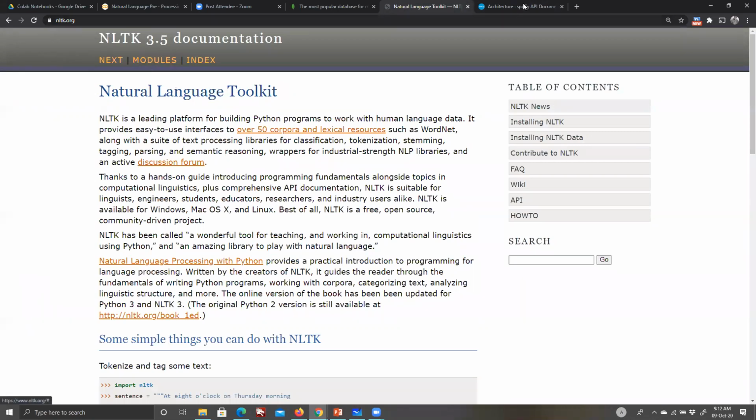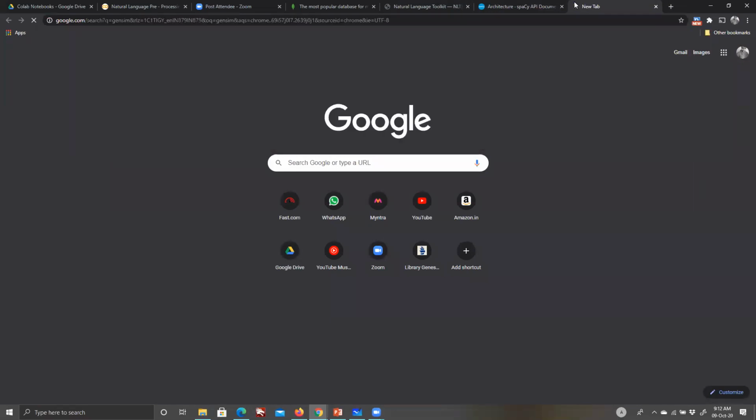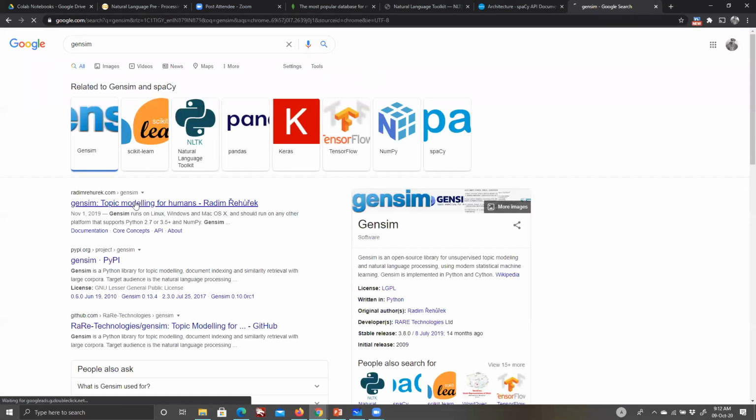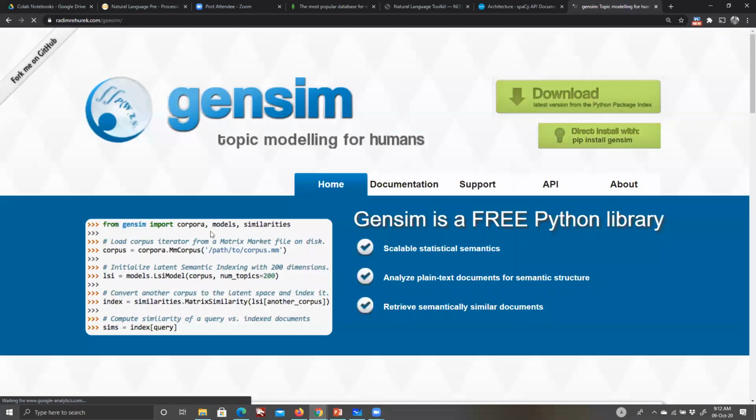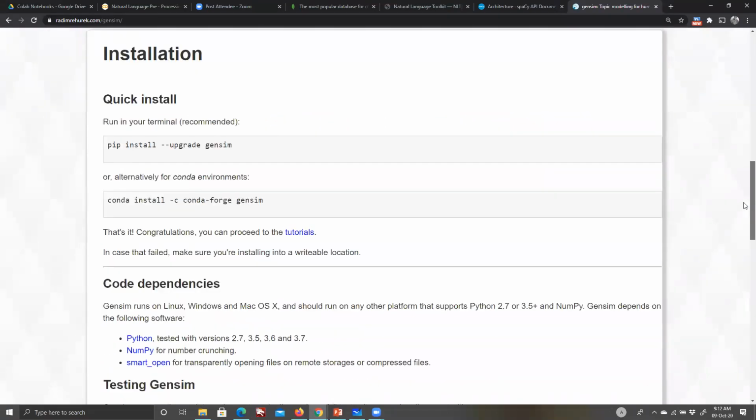Another one, especially for topic modeling, is Gensim, which you need to install. It is also available through pip, so it's not very hard: you just have to do pip install gensim. Gensim is another project which will really come in handy, especially around topic modeling. It is a very targeted library. You can do your pip install, or you could do a conda install as well. Both options are available, and you guys can get ahead.